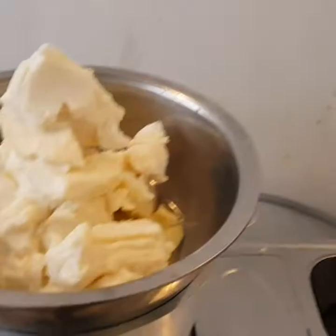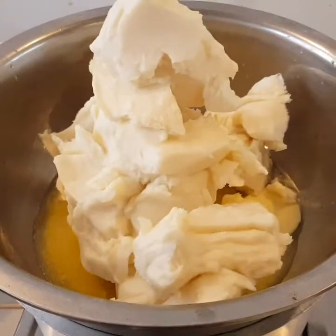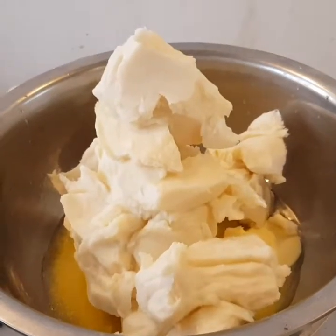I never made it, but I know what it takes. The recipe for the brownies. We're making 2 big trays now. So what we did, we put